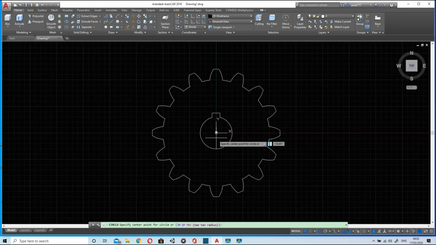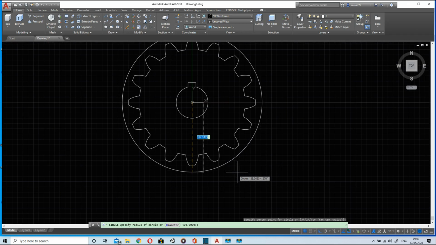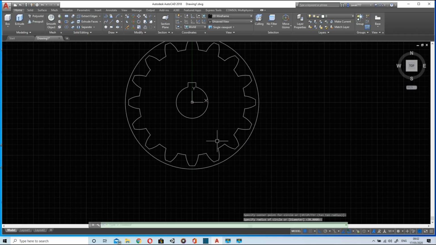Next thing will be draw another circle. Make sure you use center of the circle instead of centroid. Make boundary of this whole gear.